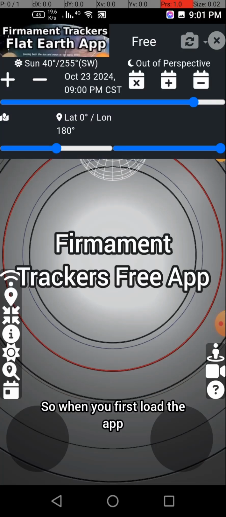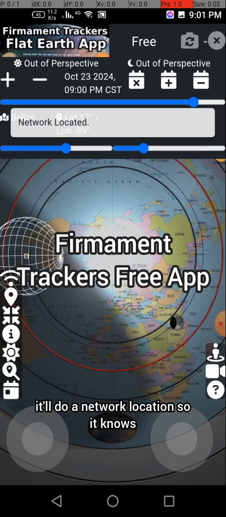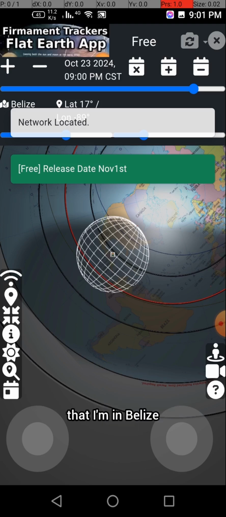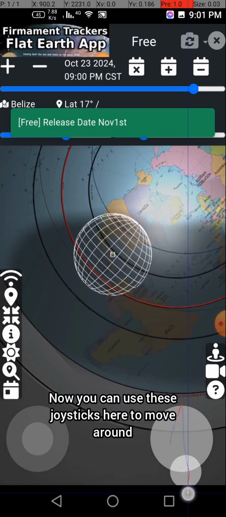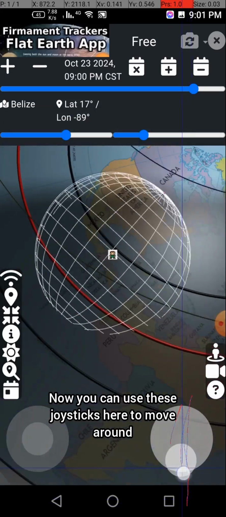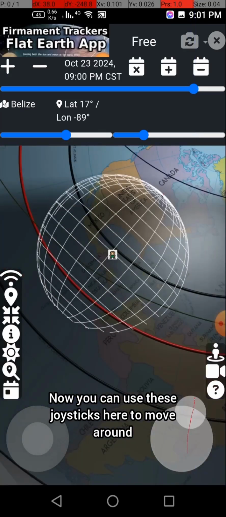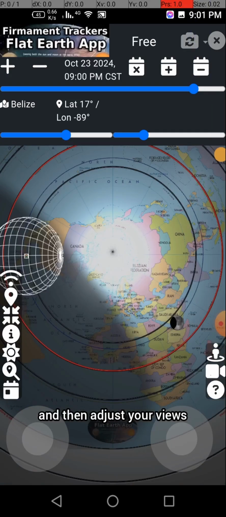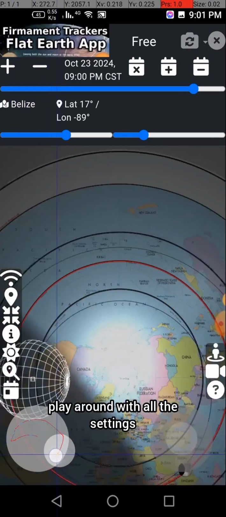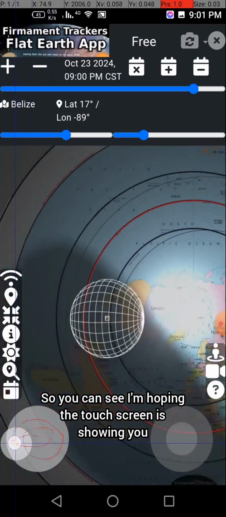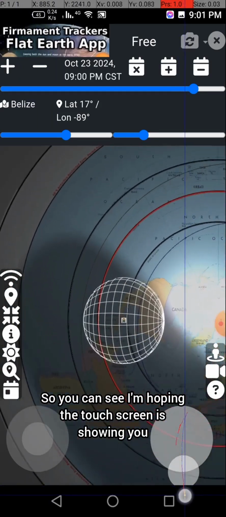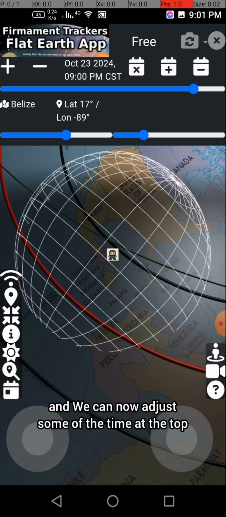So when you first load the app, it'll do a network location. So it knows that I'm in Belize. Now you can use these joysticks here to move around and then adjust your views, play around with all the settings. So you can see, I'm hoping the touch screen is showing you what I'm doing right now, and